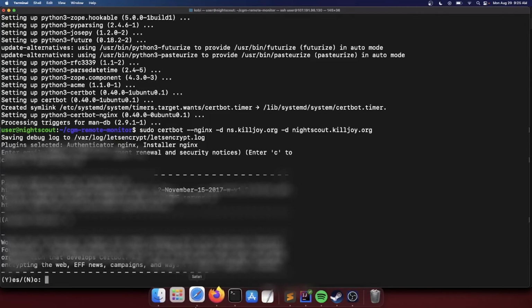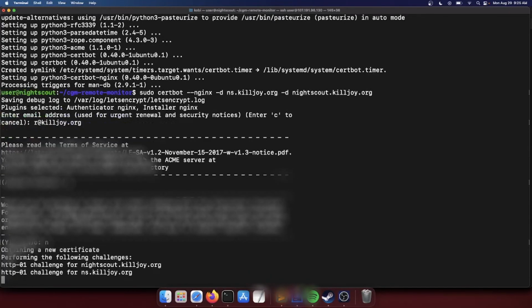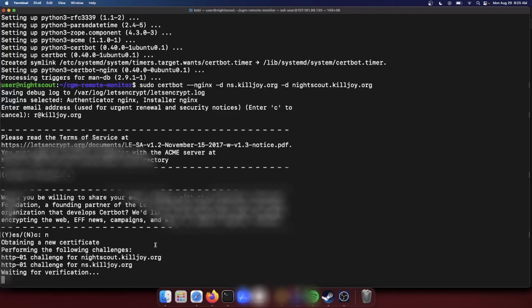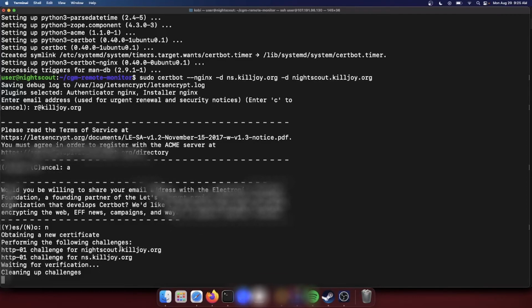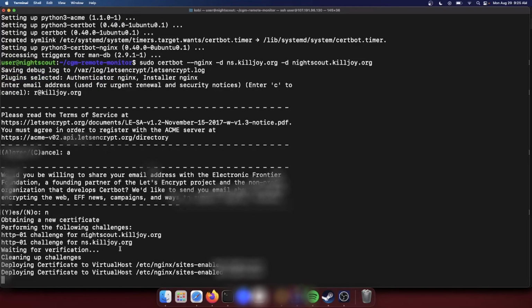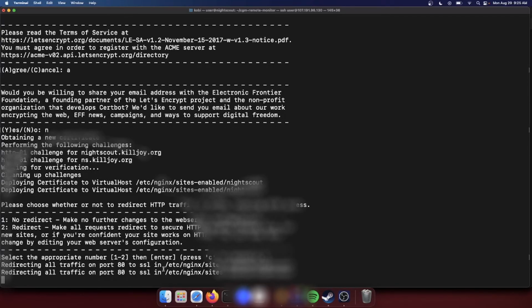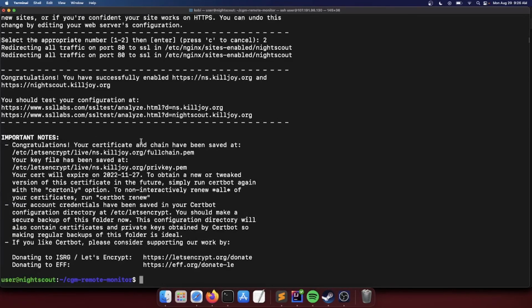We'll just hit no. And it's gonna run some tests on the domains, make sure that it's actually pointed towards the server and whatnot. So when you're asked this, you're just gonna hit 2. Boom. And congratulations, your certificate and chain have been saved. So all this is just saying it's all successfully set up.